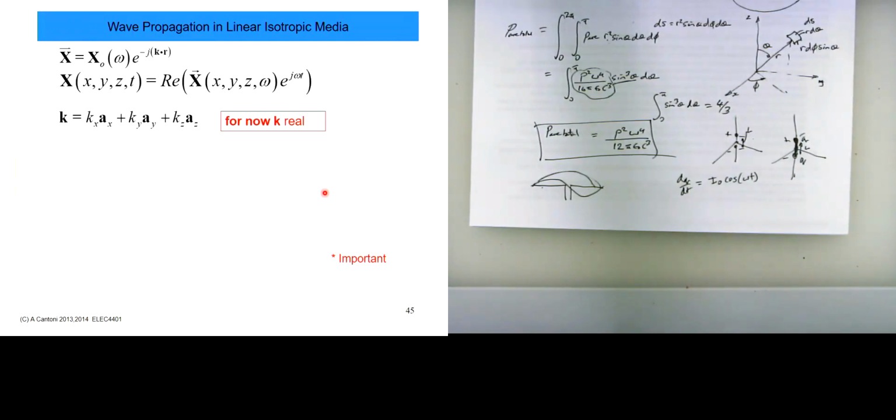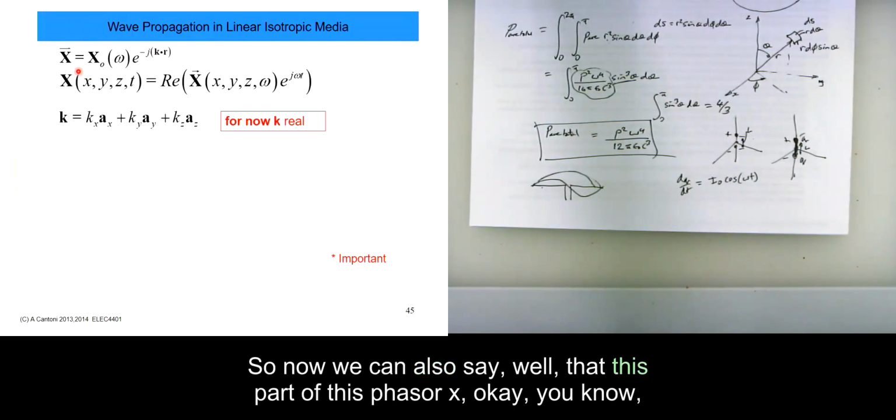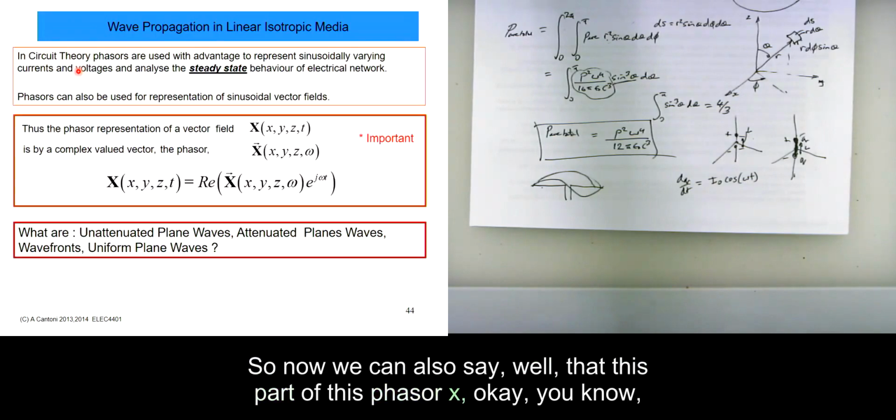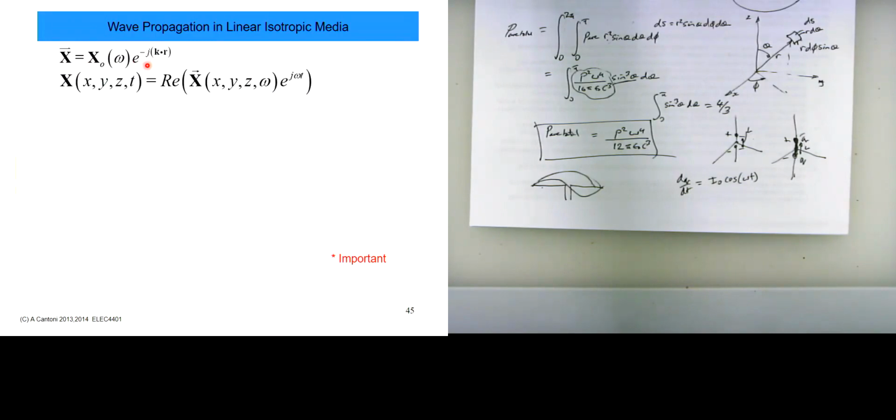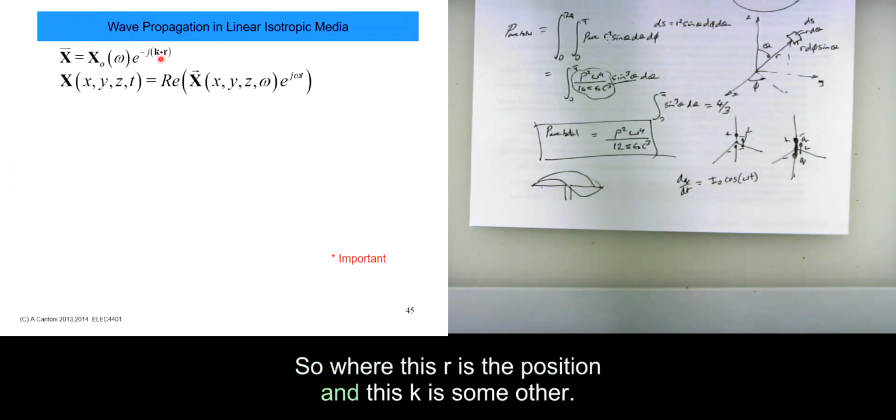Now we can also say that this phasor X, we can define its position dependence with also a complex exponential, where this r is the position, this k is some other